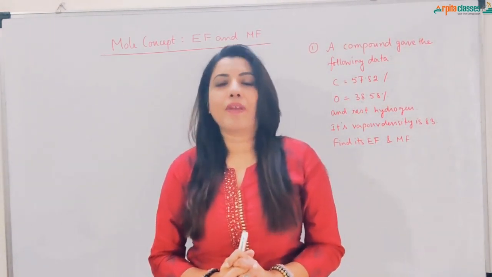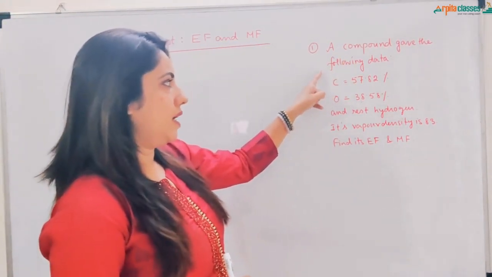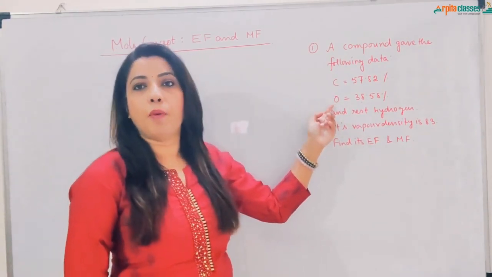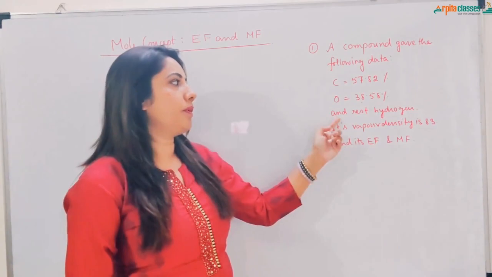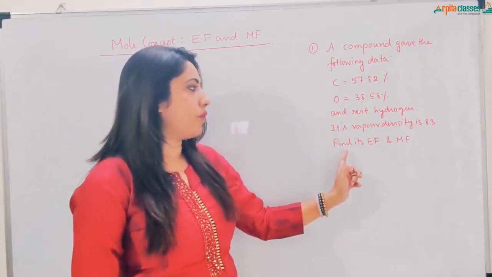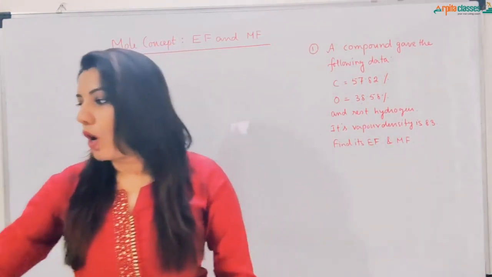Let's get started. The first question is, a compound gave the following data: carbon is 57.82%, oxygen is 38.58%, and rest of the percentage is hydrogen. Its vapor density is 83. We have to find out the empirical formula and molecular formula. So we all know that